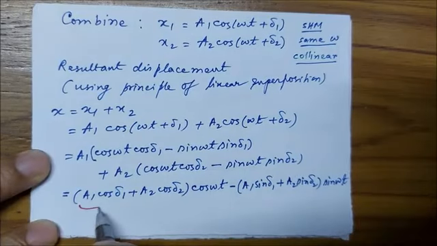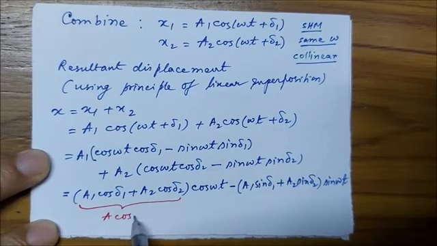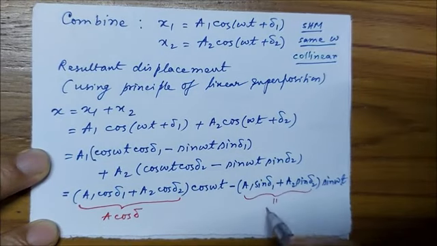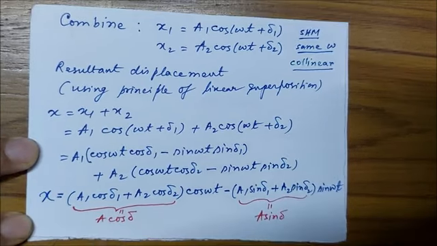Let us put for this factor A cosine delta, and for this one let us put A sine of delta. We thus have